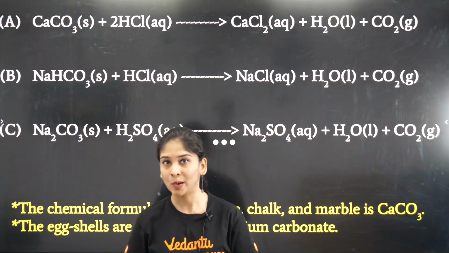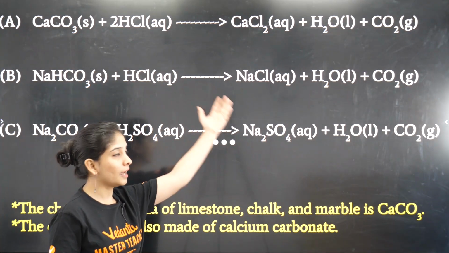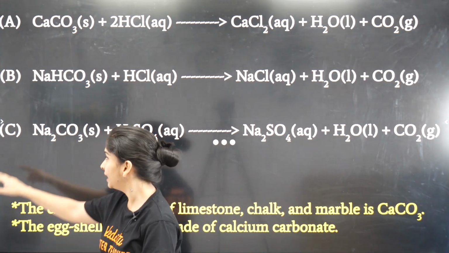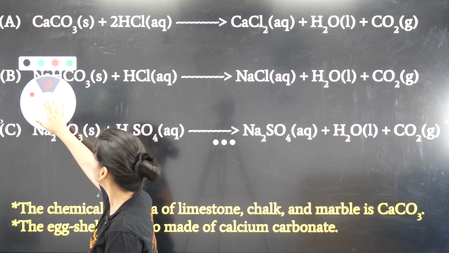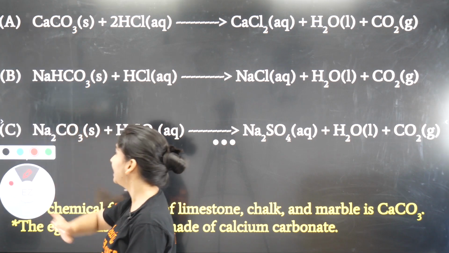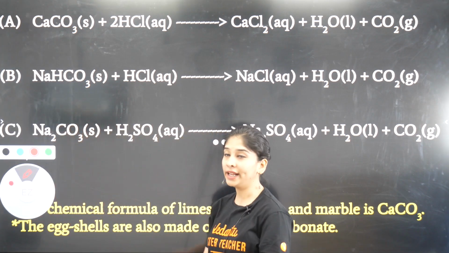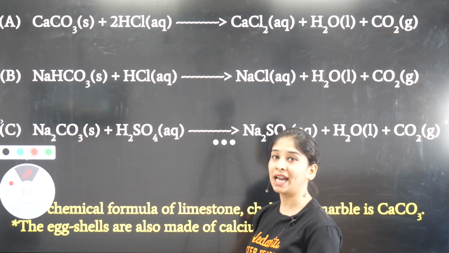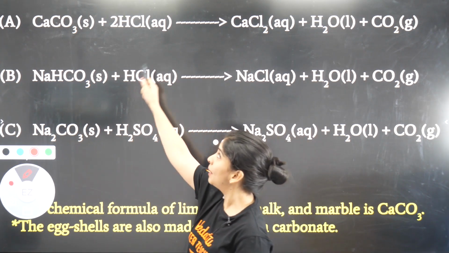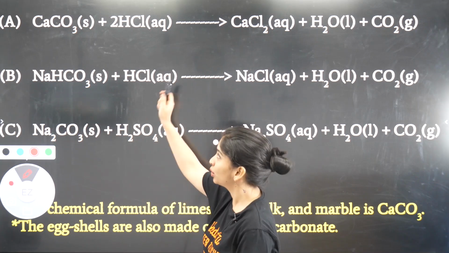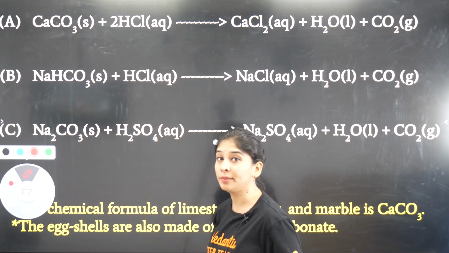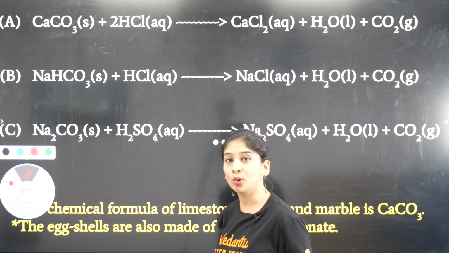Fine. This is what it is written here. Look at some other reactions, read one by one. You have calcium carbonate. You have sodium bicarbonate. Sodium carbonate. What is the point to give this reaction here? Metal carbonate with acid will give you salt, water as well as CO2. So it is going to give you calcium chloride as well as CO2 and water.